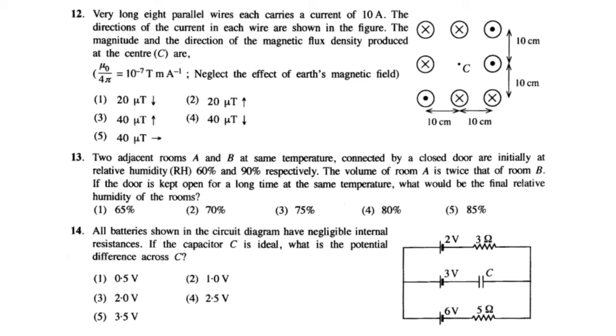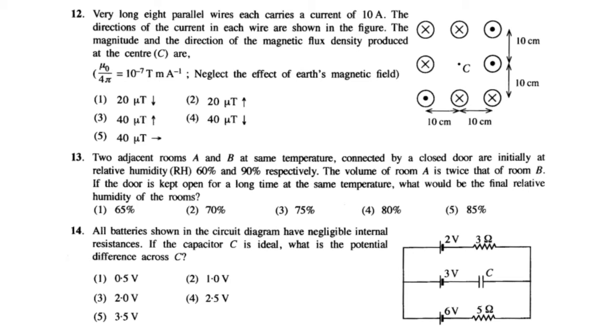When you look at the diagram, you can see some wires are carrying current into the book, inside your book, and some wires are carrying current outside the book. So, to find the direction of the magnetic field produced at C due to each wire, we can use the right hand grip rule. Now, for convenience, we label these wires: top row 1, 2, 3, and the second row 4, 5, third row 6, 7, 8.